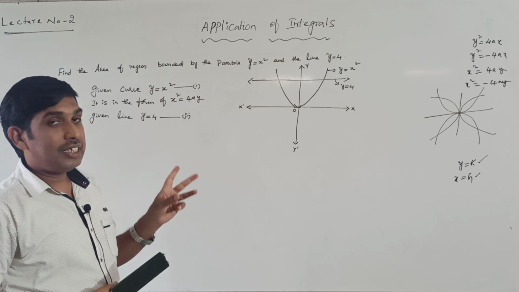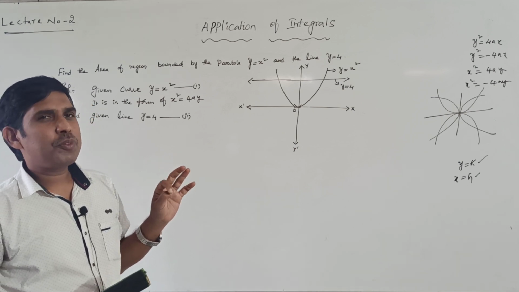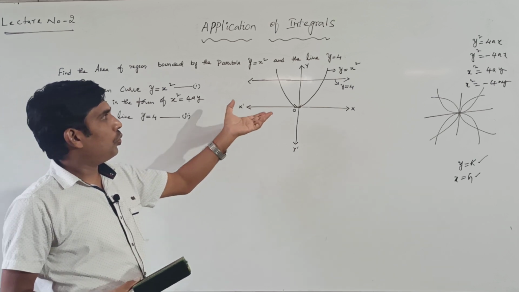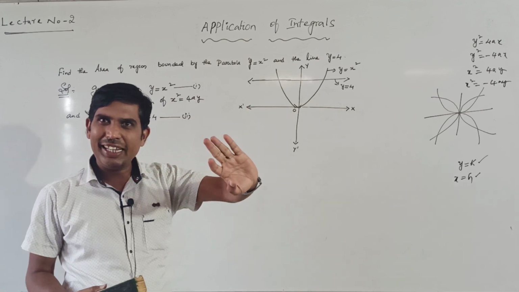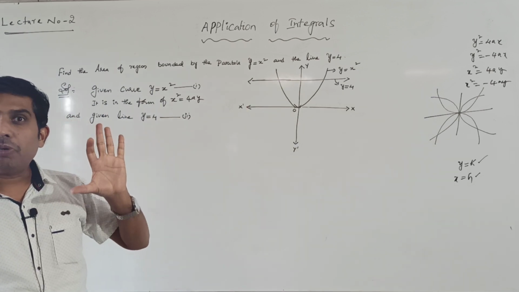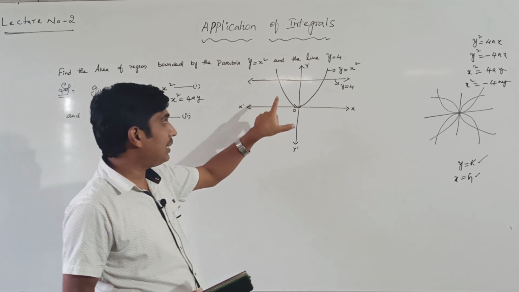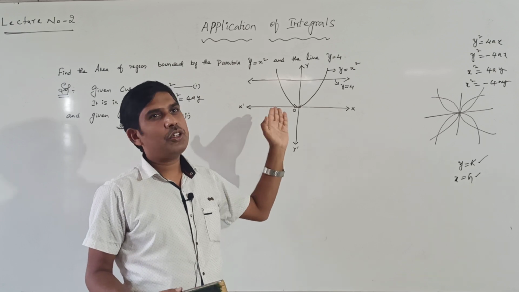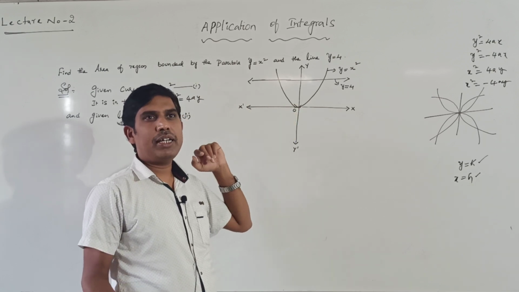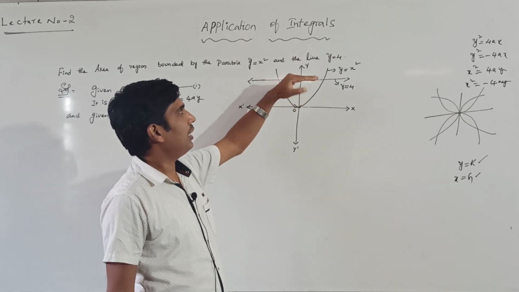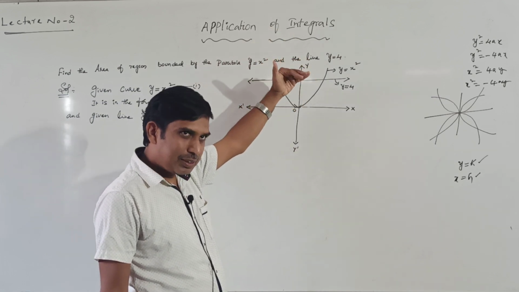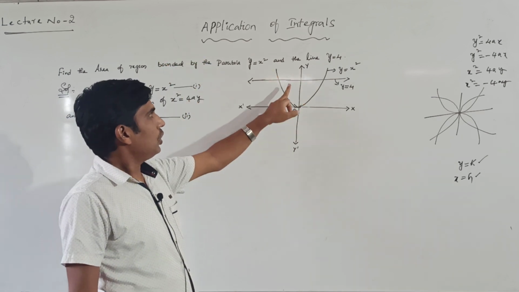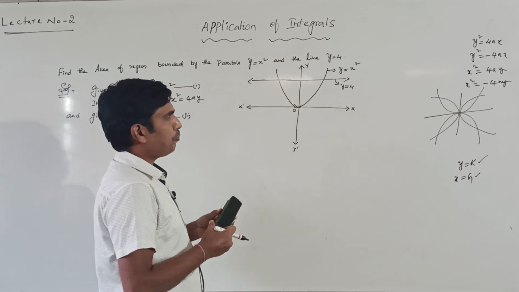Now see, that's why I said a parabola is an open figure. So for a parabola we cannot find the area, only some bounded part we can find. That's why here, see, the area bounded by the parabola and the line. By looking at the figure you can easily say what the area bounded by the parabola and the line is, nothing but this part. This above part we cannot find out. This below part is bounded, that's why we can find it out. Understood? Right. So this part we have to find out.